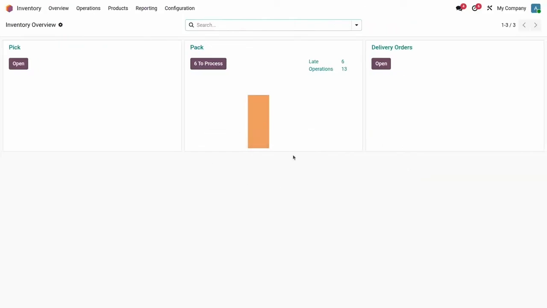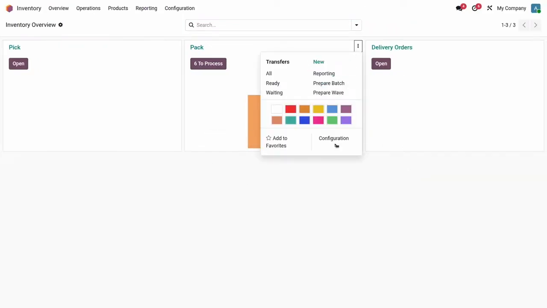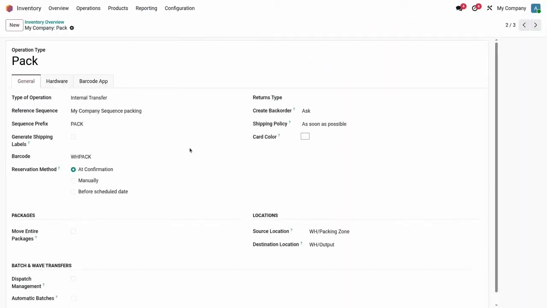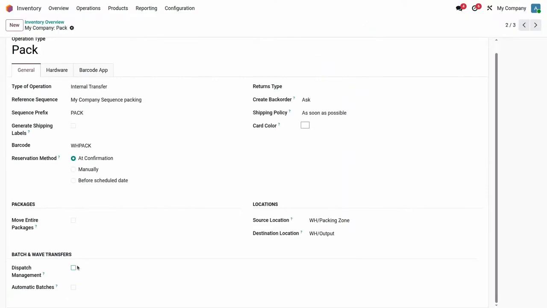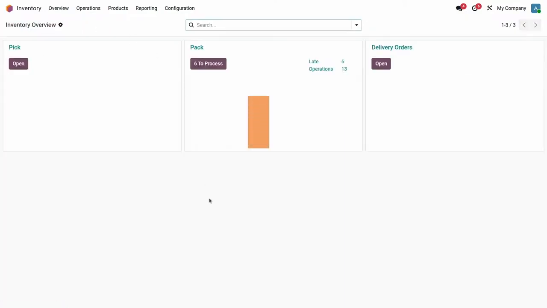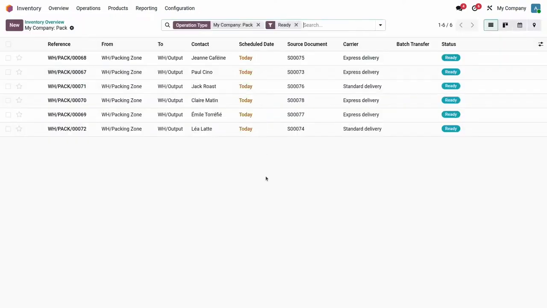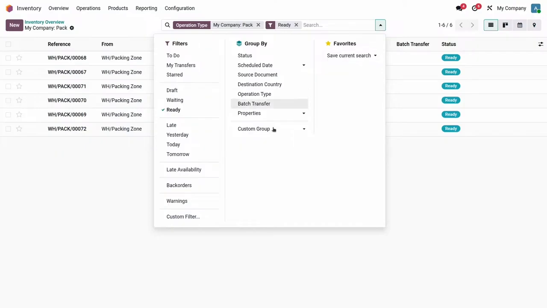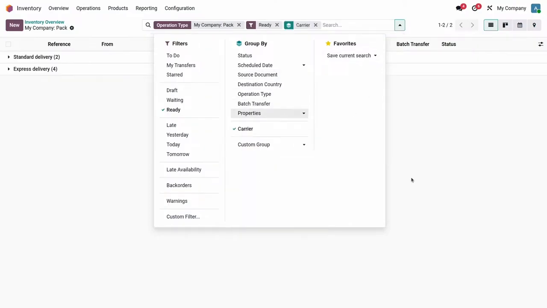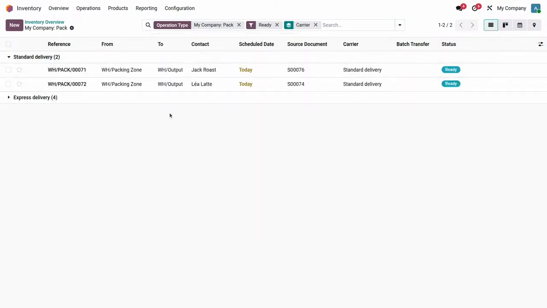And in order to do that, I will firstly have to jump here into the configuration of my operation and I will add what we call dispatch management. That's really important, that's a key feature for what we are doing today. I will open here my different transfers and I will here group the transfers by carrier like this,